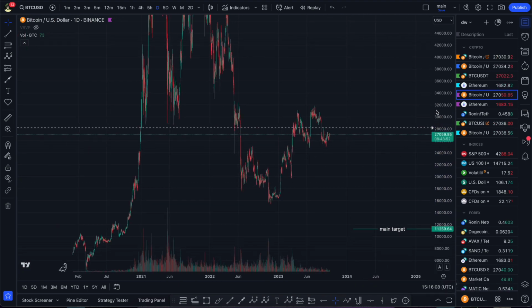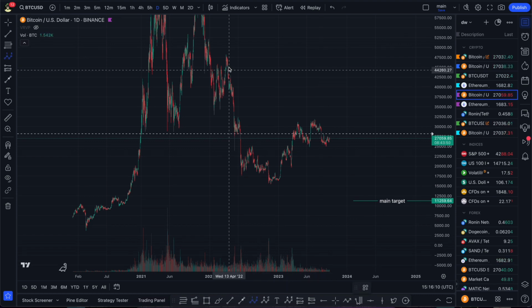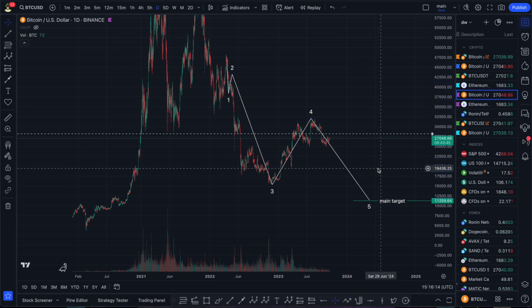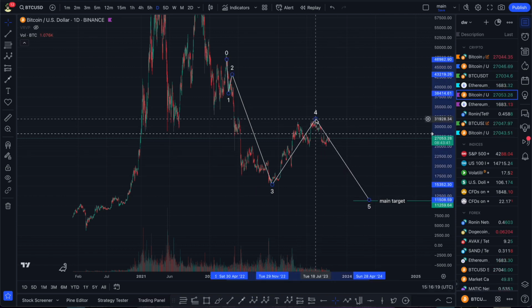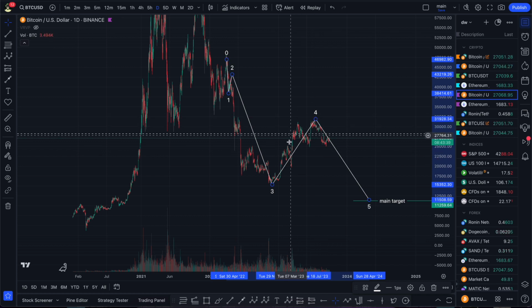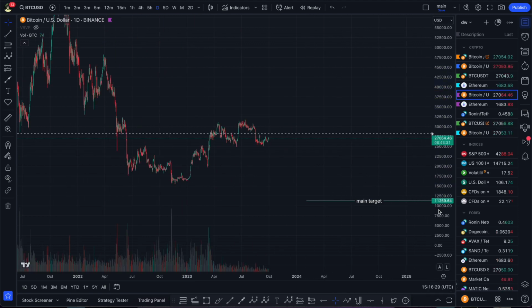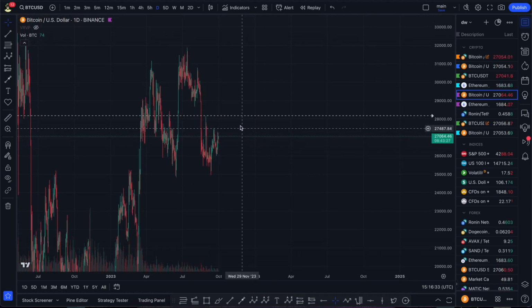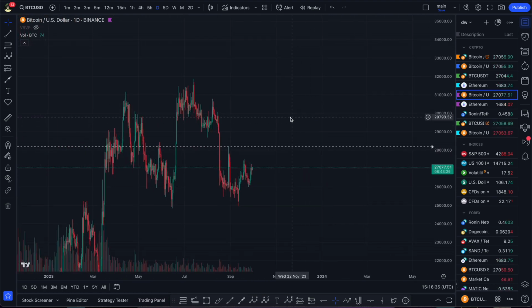Let me break it down once again. It looks like this. Here's wave 1, 2, 3, 4, and 5. So right now we're in the fifth wave. Wave 4 for me completed fully. It has all impulsive and correctional waves inside of that, so the structure is already finished, in my opinion. So right now we're in the fifth wave, and today I want to talk a little bit about a smaller time frame and give you some clear scenario of what is going on.